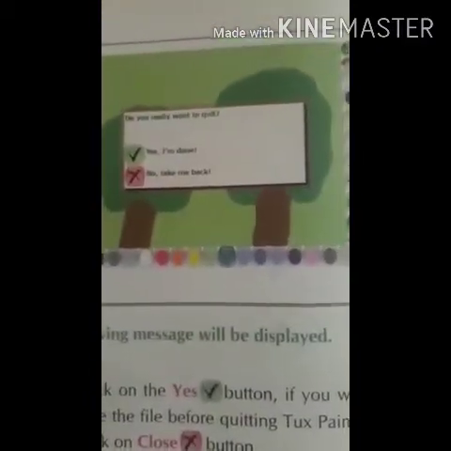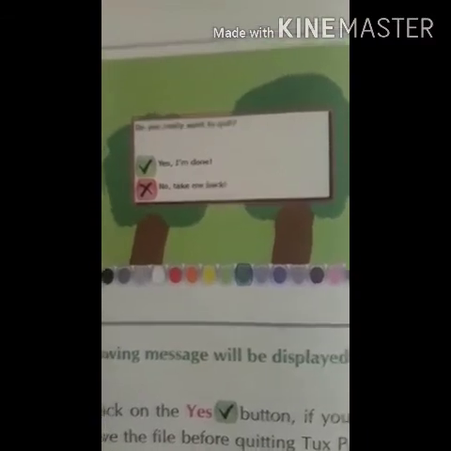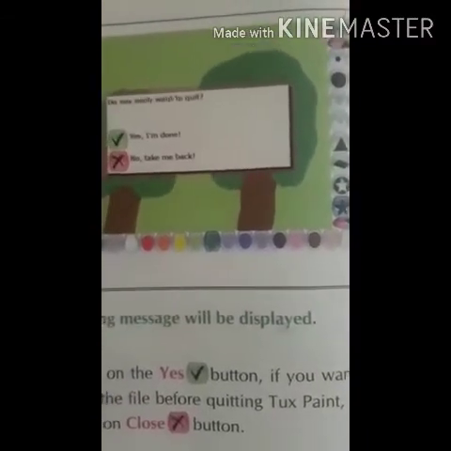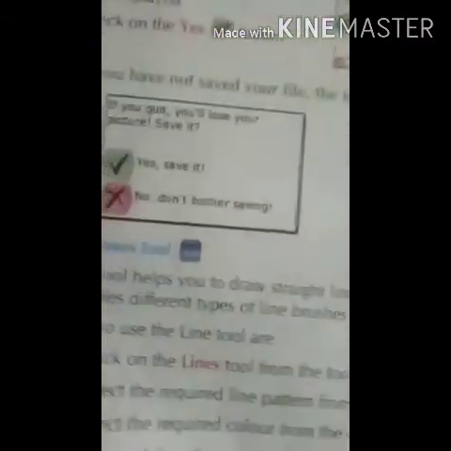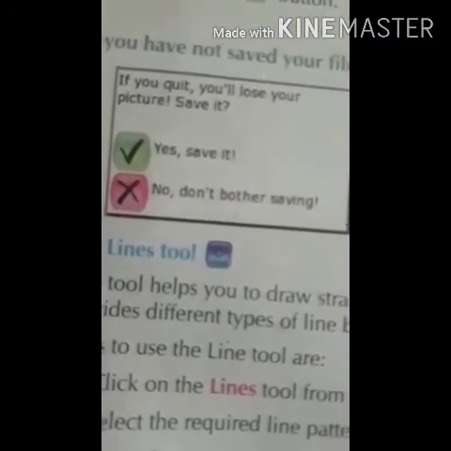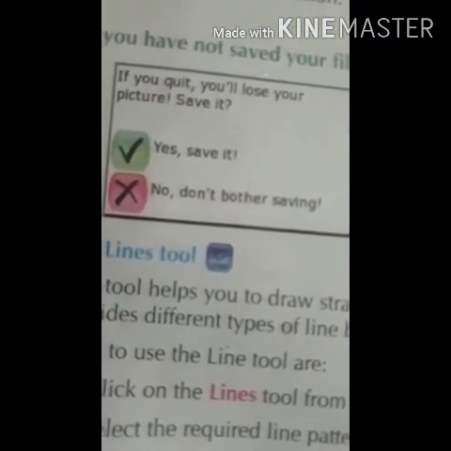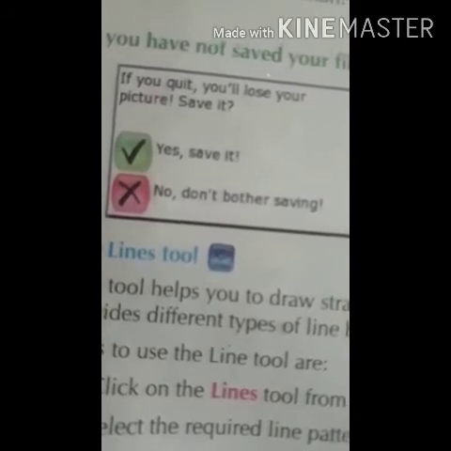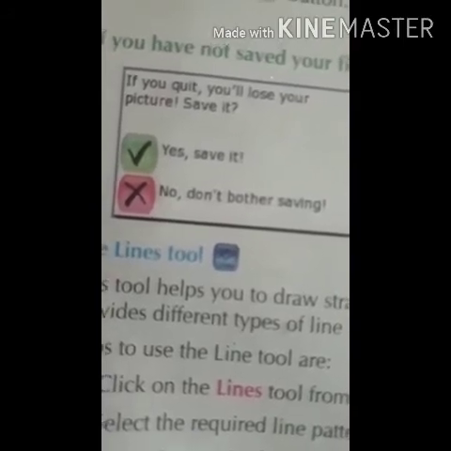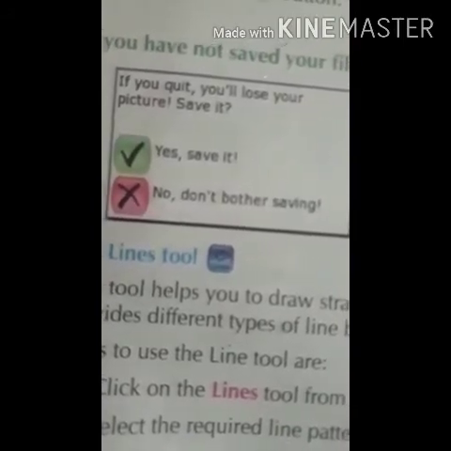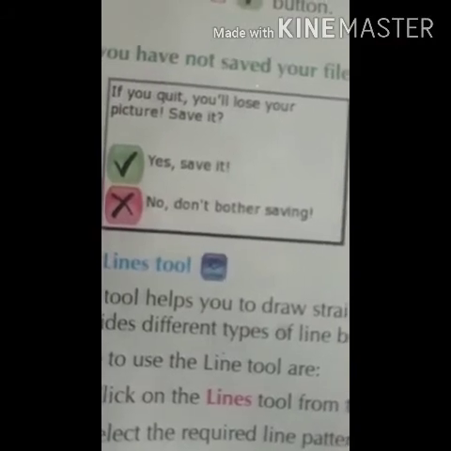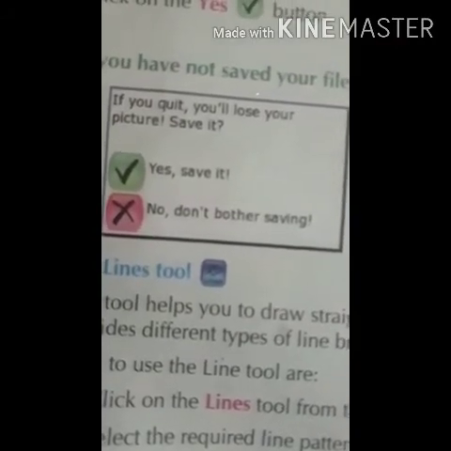But if you had not saved your drawing, then one box will appear in front of you. If you quit, you will lose your picture. Save it. If you want that picture again, then click on the right button. If you don't want, then click on the wrong button.